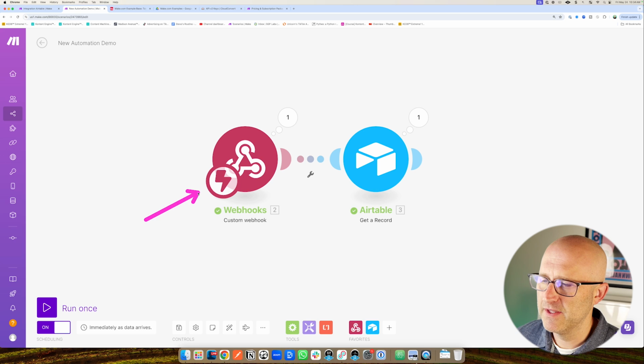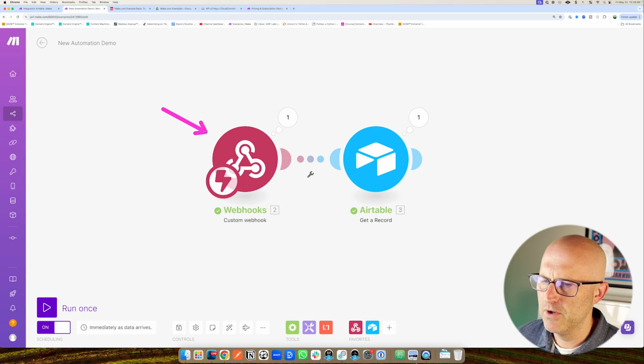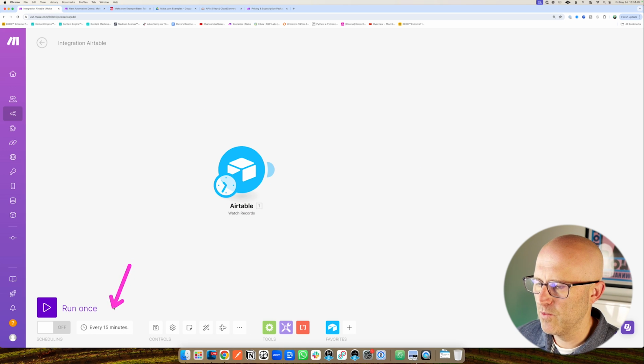Now, if we hadn't used this instant trigger, then in our automation, remember we had this here, which is the scheduled trigger. Now it is a little bit simpler because we didn't have to add in this webhook, but the downside again is that it's only going to run every few minutes. So if I were to save this and then turn this on,